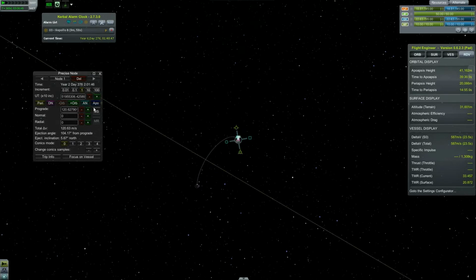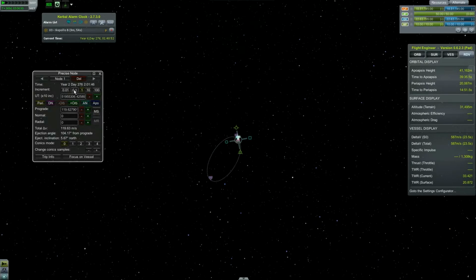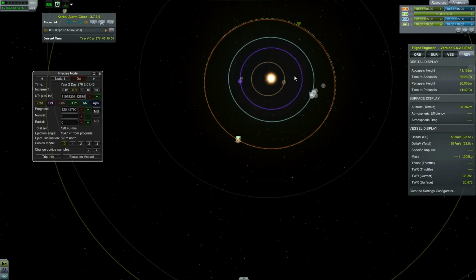Should we really be using precise node for this? Let's go. Minus 1. Okay. Plus, plus, plus, plus, plus, plus, plus, plus. There we go. Okay, that's basically it, now we're slightly behind Duna. And at any point now,